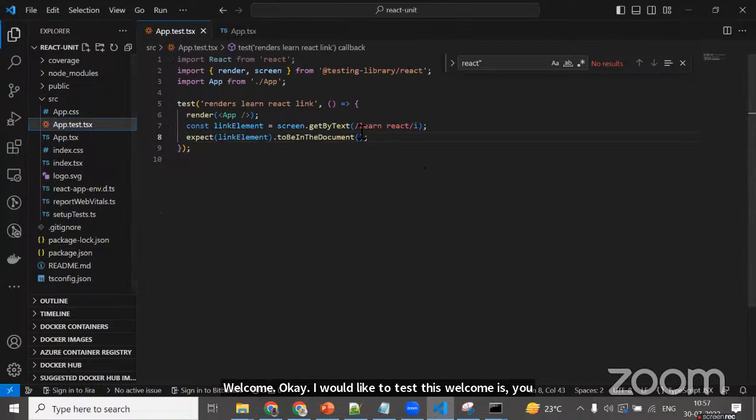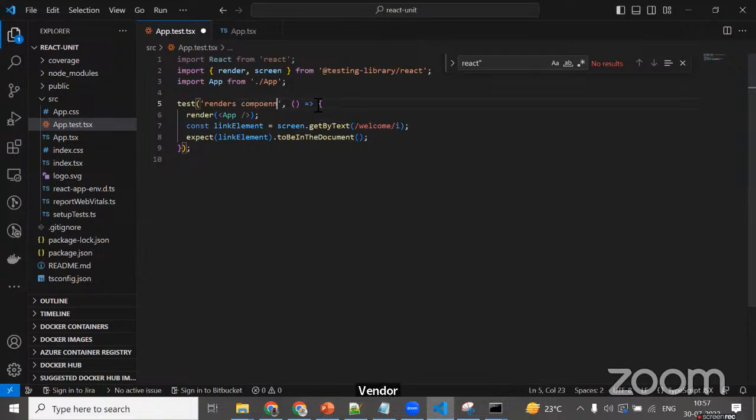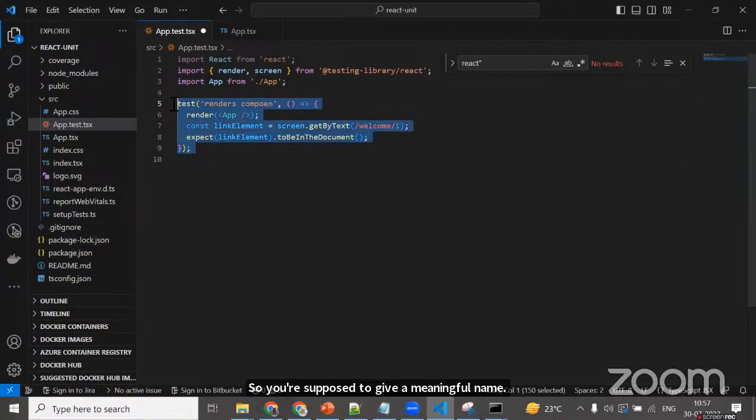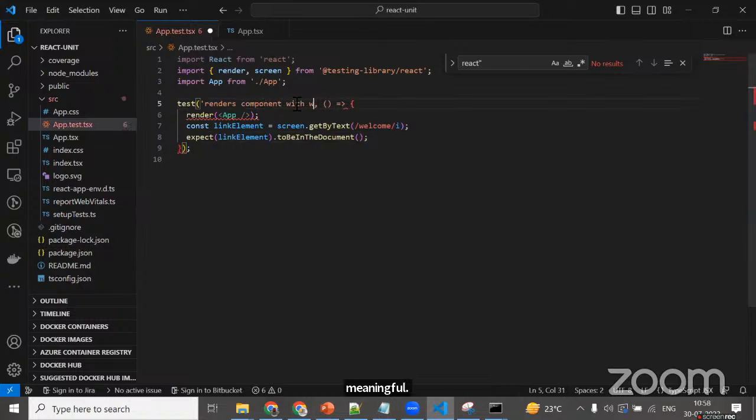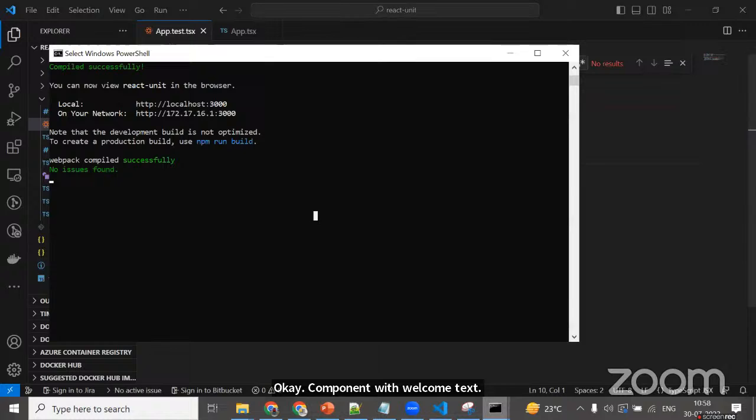So then I'll replace it here: render the component. You're supposed to give a meaningful name, so by using this test, it's supposed to be a much more meaningful name. Render component, I'm saying here, component with welcome text. Done. Now if I run this test,